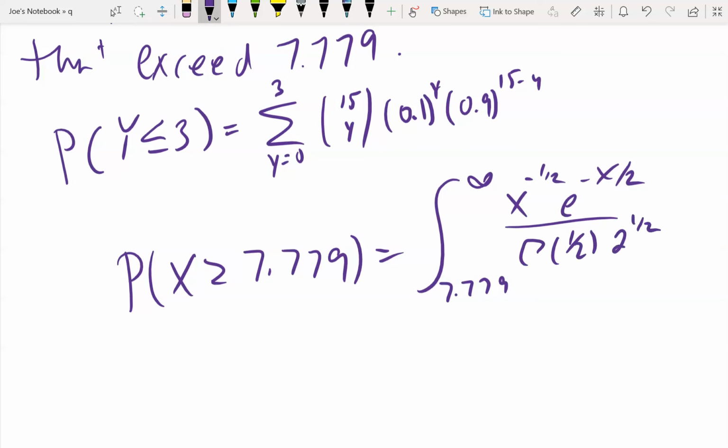2 to the 1/2. Oh, no, not 1/2. It's 4. It was 4 degrees of freedom, so it would be 3/2, and then this would be 2. Wait, why would it be 3/2 if it's 4? Because you subtract a half. Oh wait, it should be cubed. Sorry. It's r over 2 minus 1, so it'd be 4 over 2. Oh, it should just be 3. Thank you. Yeah, that was what it was.